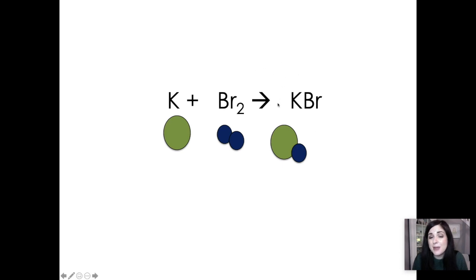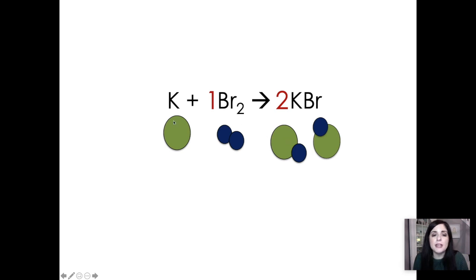So what happens is one of these bromine molecules can form two of these potassium bromide formula units. And that's because these bromine atoms actually split up. One's going to go here, and the second one's going to go to your other potassium bromide formula unit. And we show that by writing coefficients. Your coefficients tell you how many of each molecule is present in the balanced chemical equation. So one bromine molecule can produce two potassium bromide formula units. Now, what does that do to